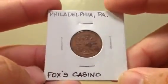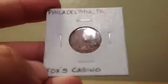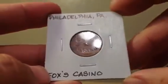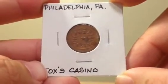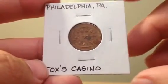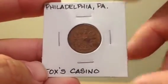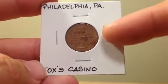Here's another Civil War token. This one is Fox's Casino in Philadelphia. So prefacing back to what I talked about, what a token's major function was: it's payable for goods and services. It's another monetary means, and the reason these merchants had created their own monetary system is